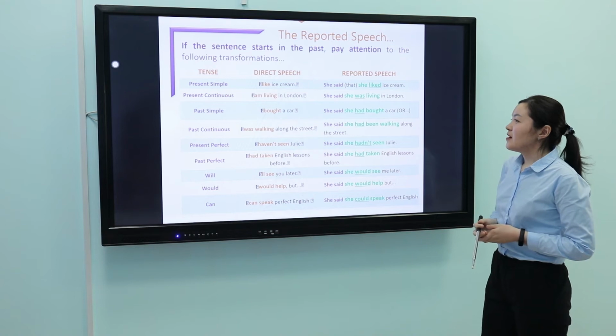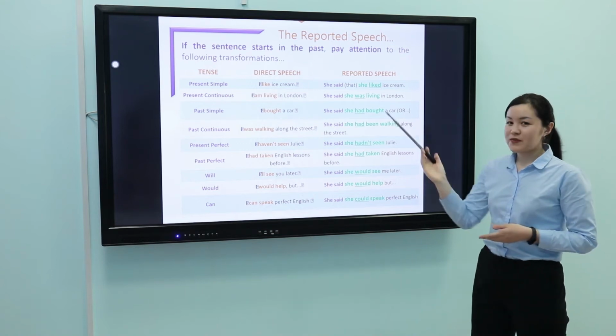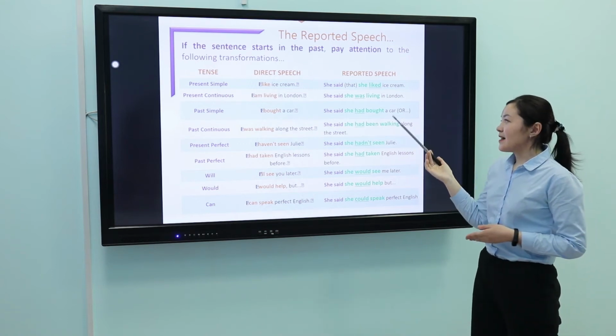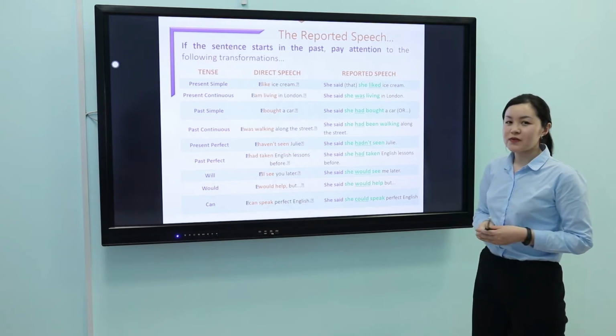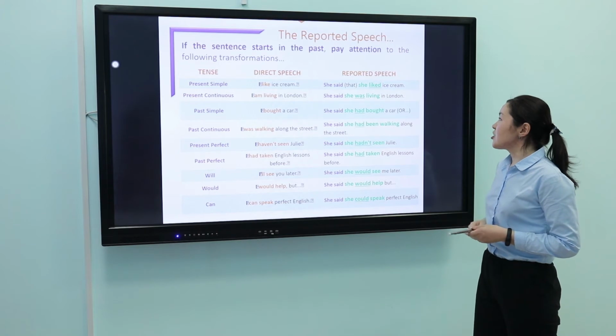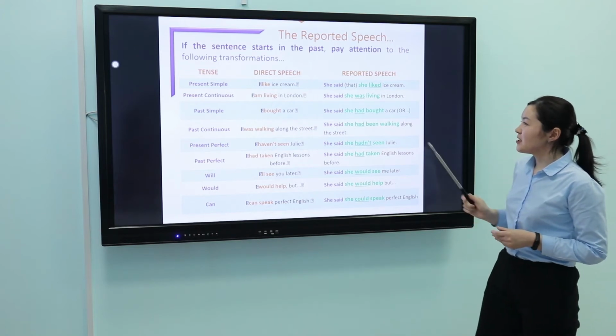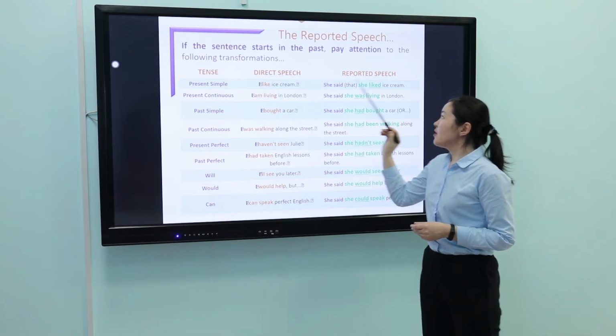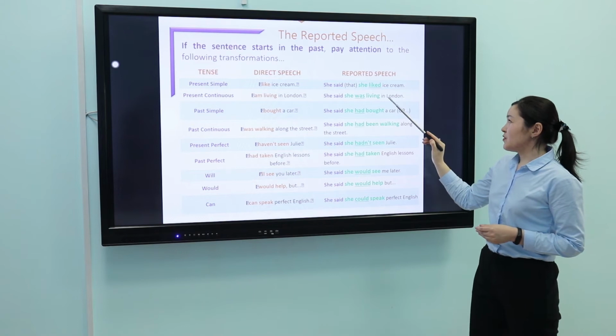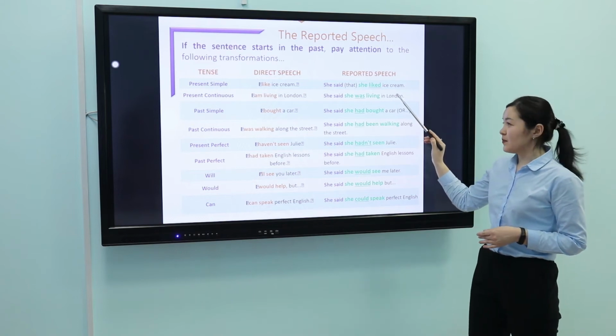For example, take a sentence in the present simple, I like ice cream. We change it into the reported speech and it will sound like the following: She said that she liked ice cream.